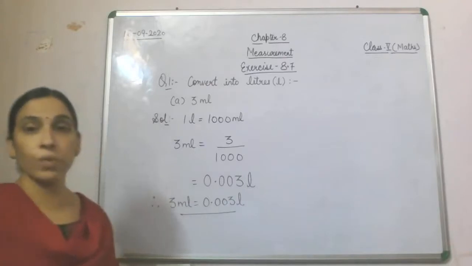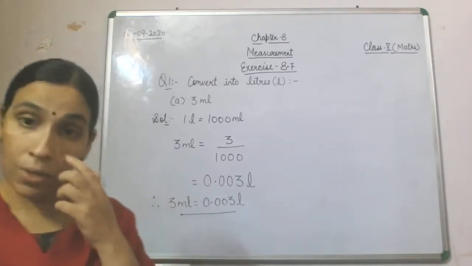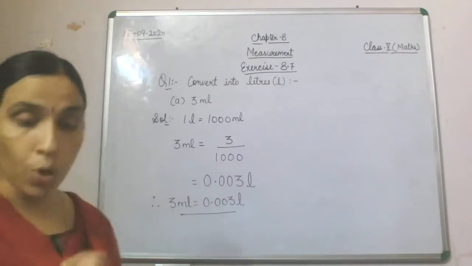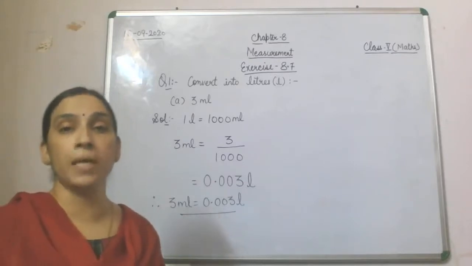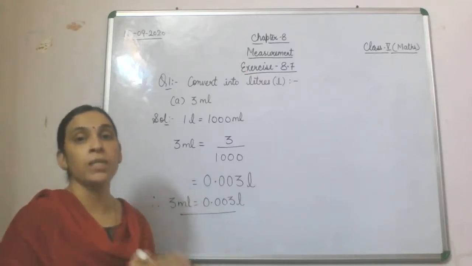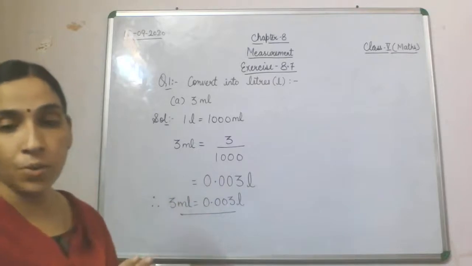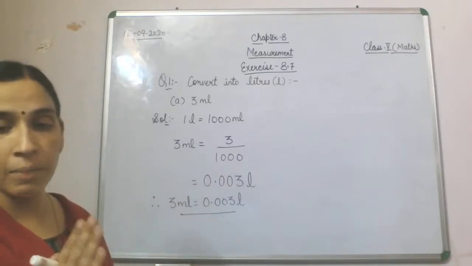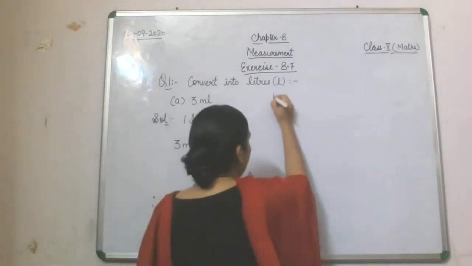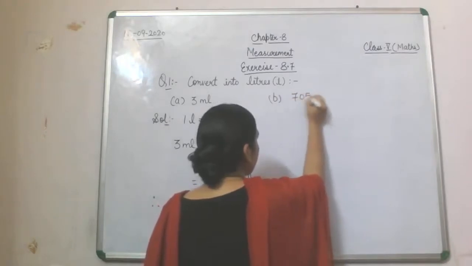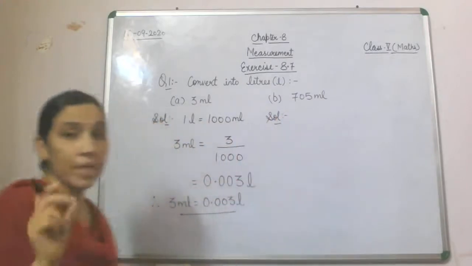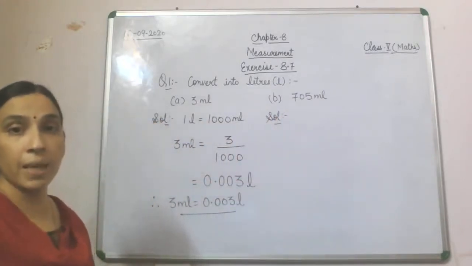Now what is the question? The question is given in milliliter, and you are supposed to convert it into liters. So smaller to bigger, as I told you many times, whenever you have to convert smaller to bigger, you will do division. So in that row only we are going to take our B part. B part is the same, 705 ml is given. If I correlate this question with example 1, that is not incorrect. All the 4 parts are of the same kind as we have done in example 1.